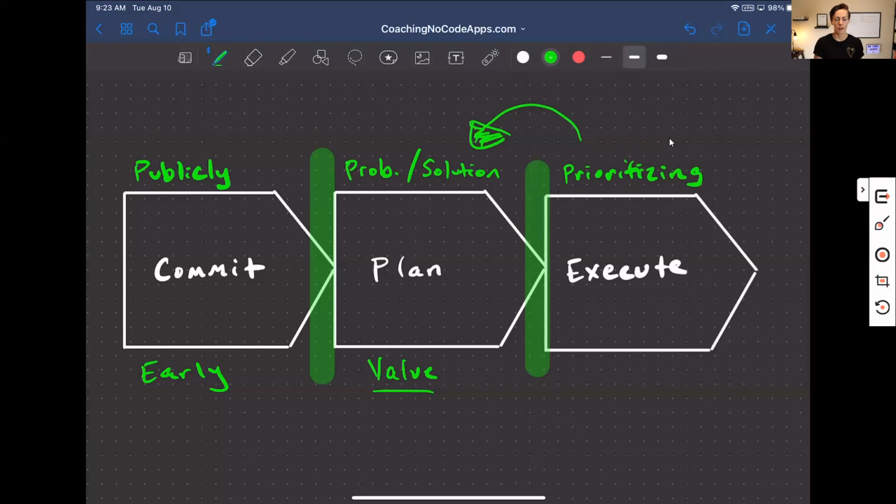Now, that's not to say that for the rest of your life, you can never watch TV again, because that's just dumb, right? It just is. But if you have this early commitment, meaning you have a finish line, right? A finish line, your app is never going to be finished, but you have a launch date and you have the right plan to get you there, well, then you can tell yourself, okay, for the next 3 months, I'm going to forego Netflix, and that's going to give me an hour a day. You can do a heck of a lot with an hour a day, but you just have to make that commitment to prioritize your app instead of this other thing or these other things that are less important.